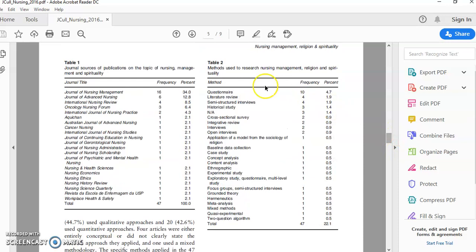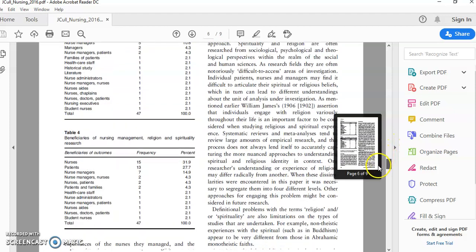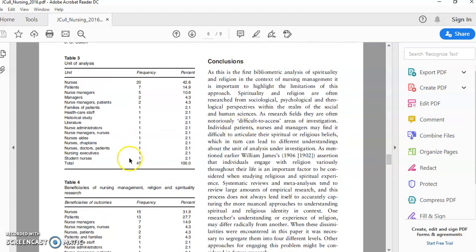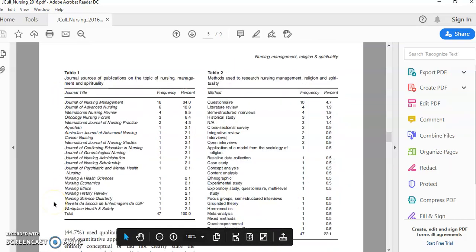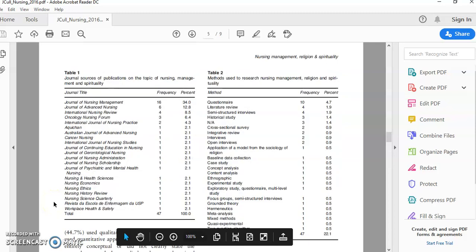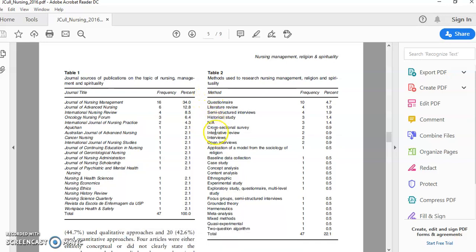But up here, there's a summary of the different types of methods that were used. So this really was just a way of picking through each abstract and looking for pieces of information. I'll talk about the implications of this for your own study shortly. The beneficiaries of these, there are the different units of analysis there, and these are the people who were seen as being the beneficiaries of them at the very end. You can see the type of methods that were used, the specific ones: cross-sectional review, questionnaires, and that. Okay, so